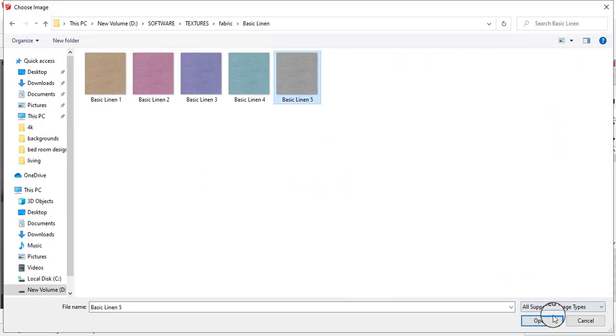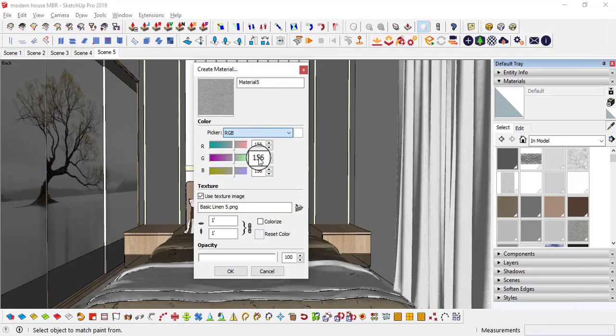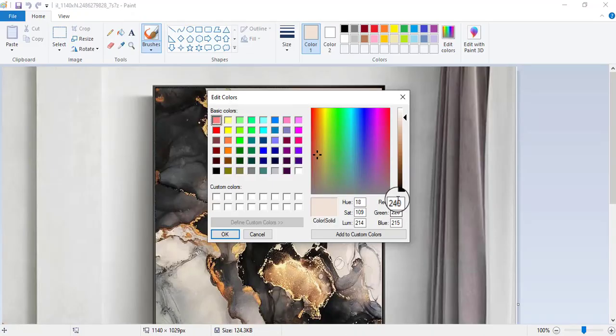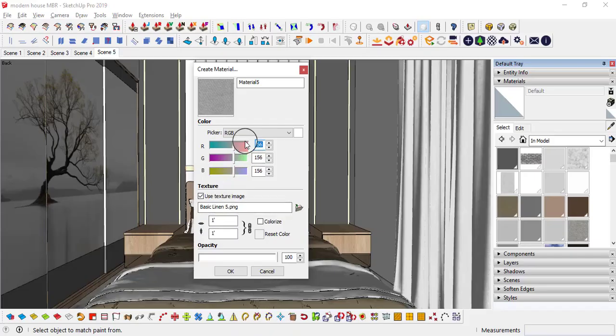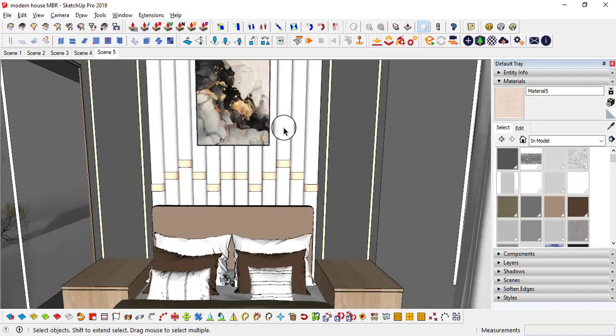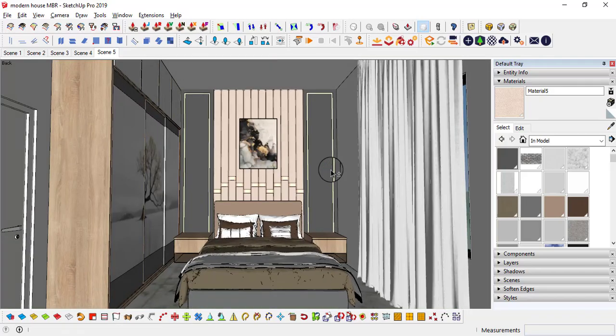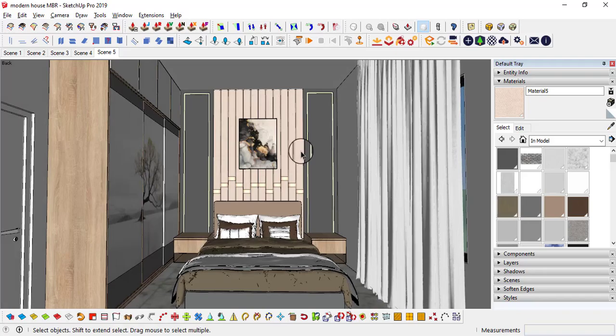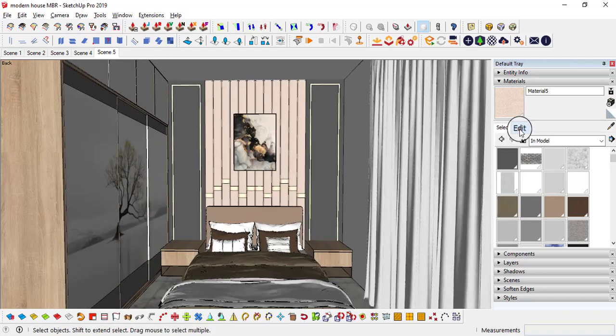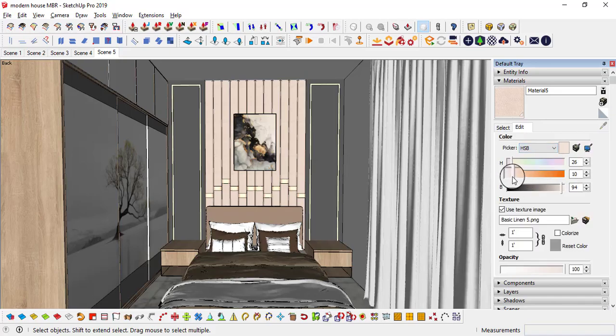I will create a fabric material. I will select one fabric material. On the RGB itself, I am going to change this to these values: 240, 226, 215. Click OK. Select, double click on Alt C. Select these B. From this direction, I am thinking it may be getting a little bit more vibrant, so I will go to HSB, just decrease this one, change these values to HSB or HCL. Here you can adjust this colorness a little bit more.